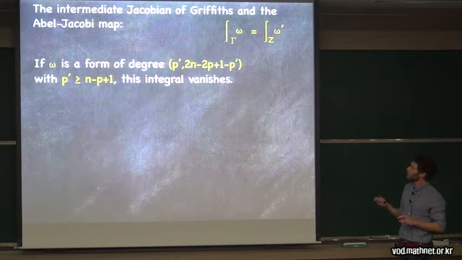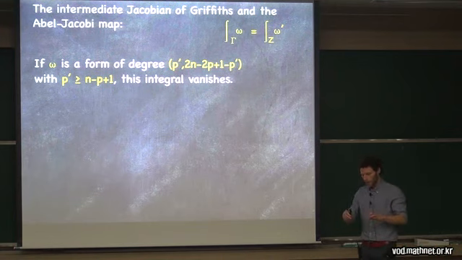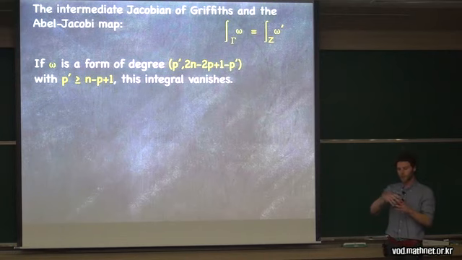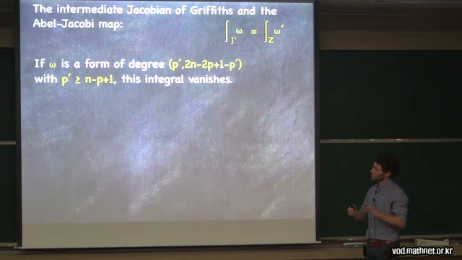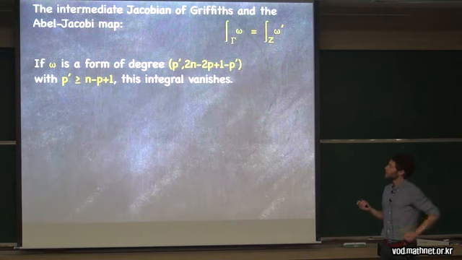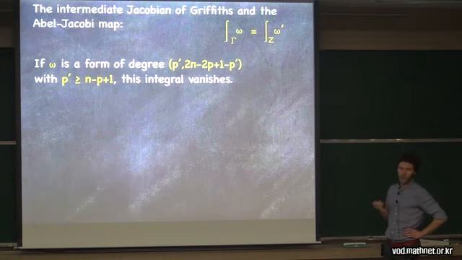If you have a complex manifold or smooth complex variety, then you can take a resolution of the holomorphic forms by smooth forms, and they have a dz part and a d bar z part, and you can filter them by how many dz's and how many dz bars there are. Then we call them forms of a certain type, and we notice that if it's a form of type p prime and then 2n minus p plus 1 minus p prime, where p prime is bigger or equal than n minus p plus 1, then because this was an algebraic variety, this integral always vanishes. So now we learn that